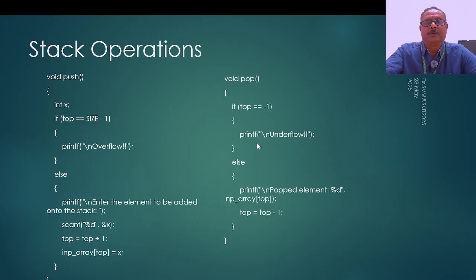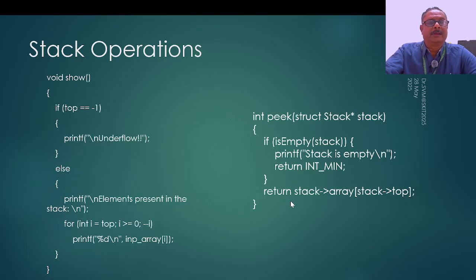If you want to pop it, then print whatever is to be popped and reduce the top value by 1, so that next time this current position will not be used again. This is how we can implement stack operations using arrays, and this is how we can implement them using